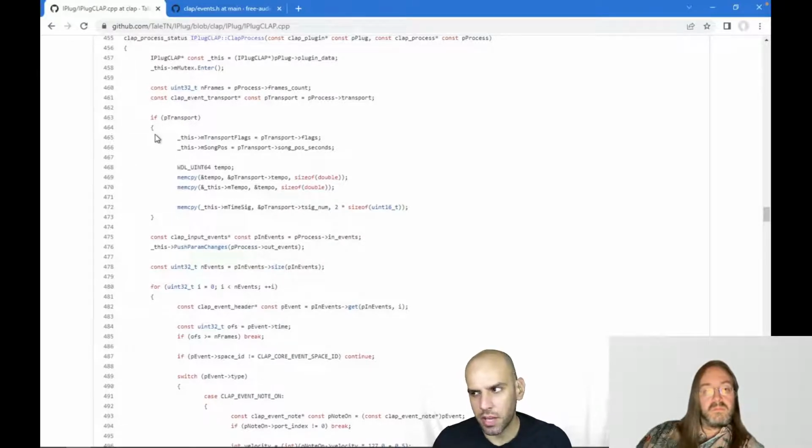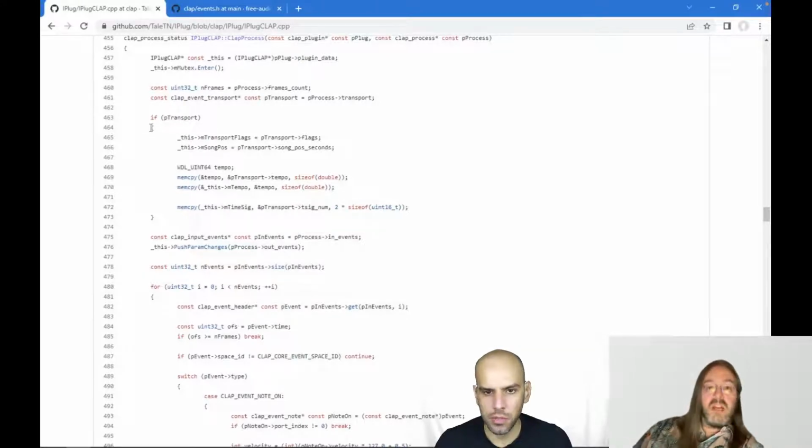But I guess it is better than having to synchronize everything yourself. Yeah, and it's not so bad because you could easily write code that processes a bunch of audio up to the first time index that you have to process some sort of event, then process the event and then return to your audio. So that's pretty easy to do.